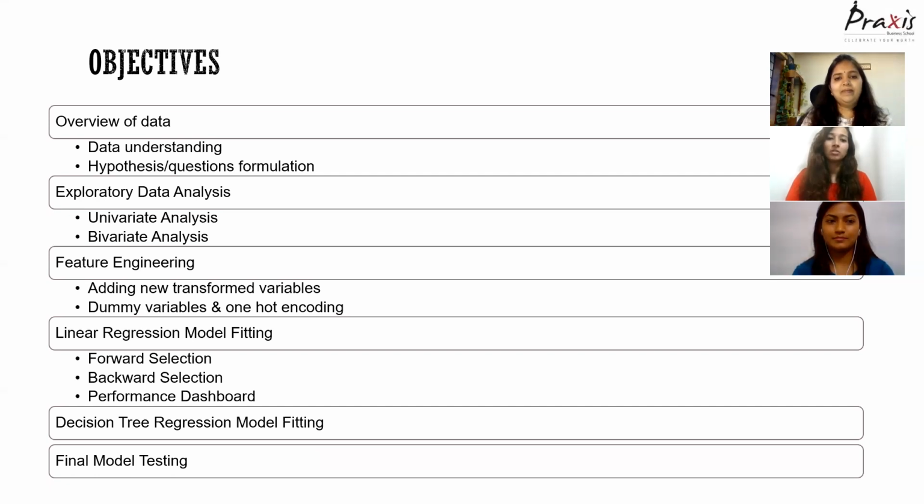Let's start with the overview of what we would be covering in the later slides as we proceed. First, we start with the overview of data, where we try to understand the data better and form a few hypotheses based on this understanding. Next, we have the EDA part, which is exploratory data analysis. Here, we'll be doing two kinds of analysis, univariate and bivariate. After that, we have the feature engineering step, where we will be trying new combinations of attributes which could best